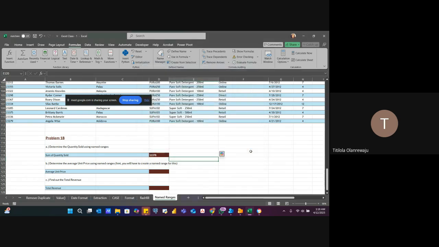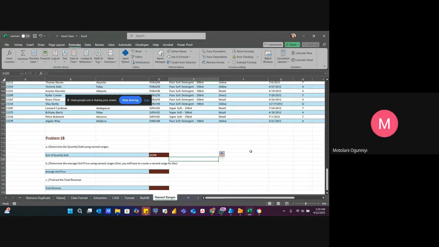So that ends the fourth session on our data cleaning stage. And then if you have questions on this particular named range or flash fill or format or case, please let us know. I think we can spare another 5 minutes to attend to that. And if there is none,